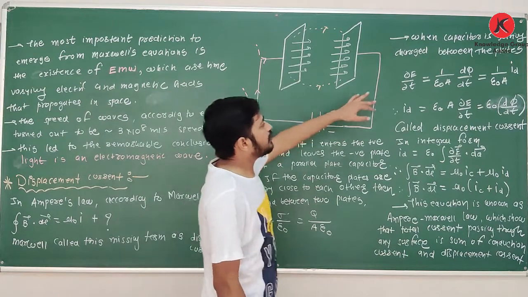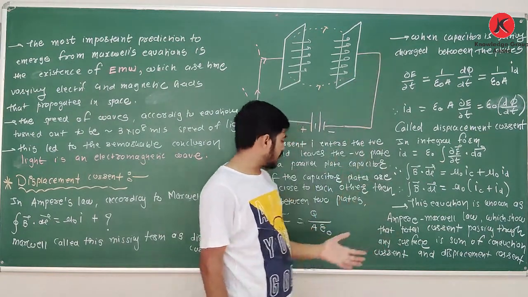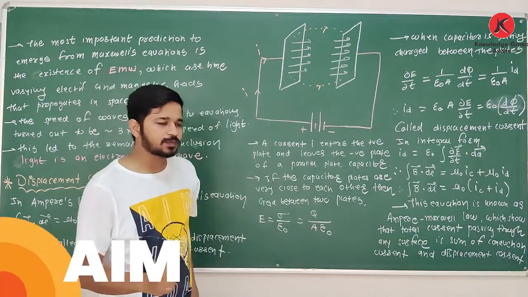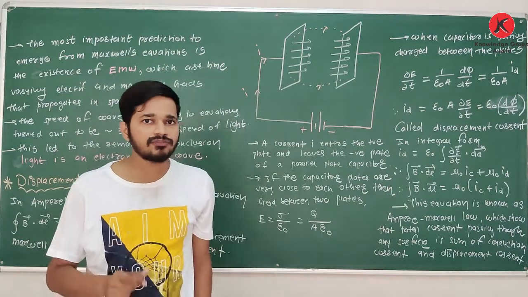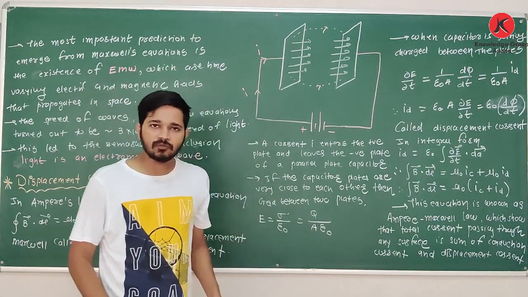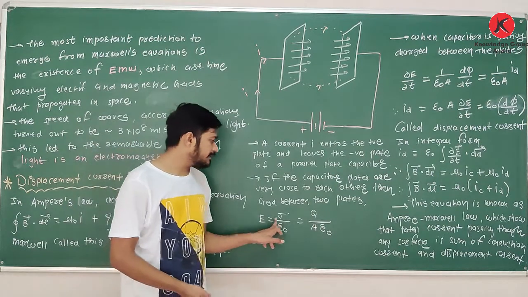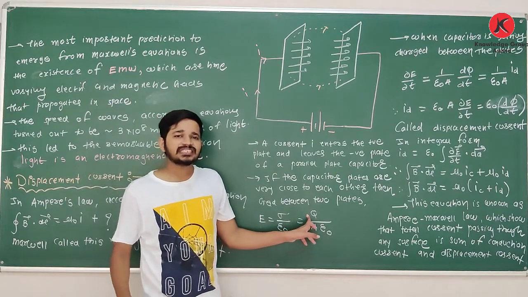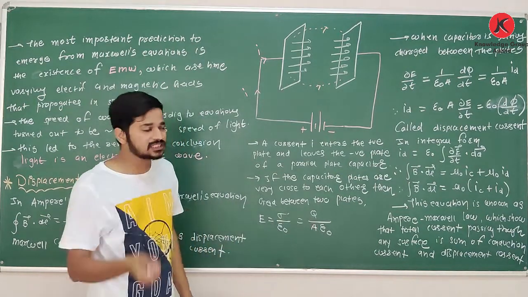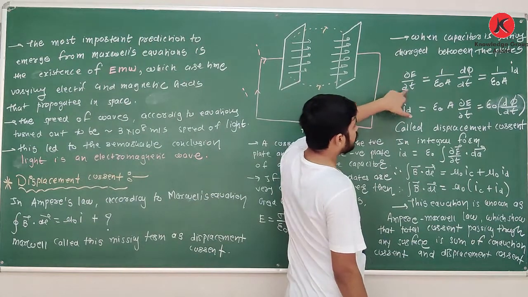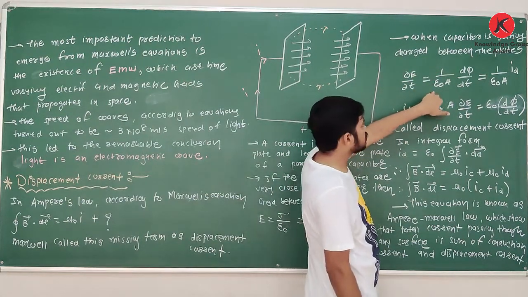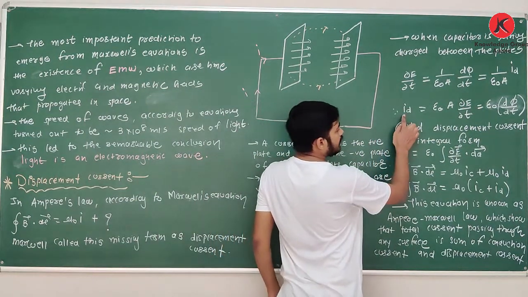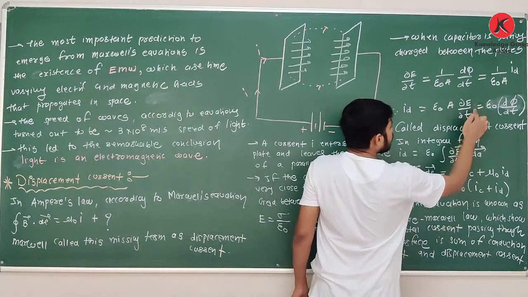So when the capacitor is getting charged, between the plates we can say the electric field E is equal to Q upon A epsilon 0. Epsilon 0 is the permittivity of free space, constant. A is the area of the plate, constant. So E depends on Q. The capacitor gets charged, means charge changes, so obviously the electric field also changes. So see, del E upon del t is equal to 1 upon epsilon 0 A, constant, dq upon dt, and this dq upon dt is called ID. What is ID? ID is equal to epsilon 0 A del E upon del t.